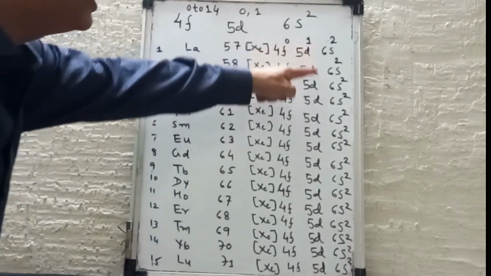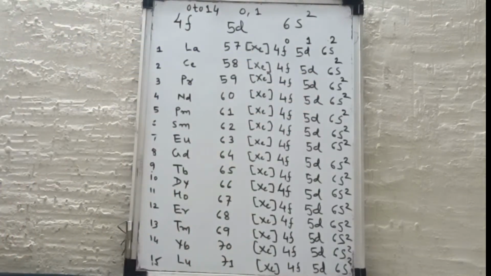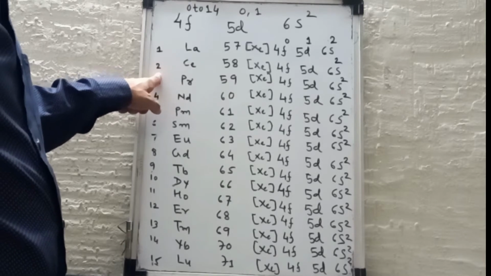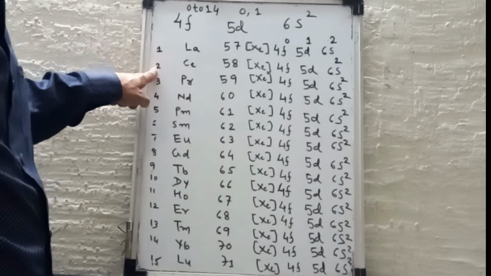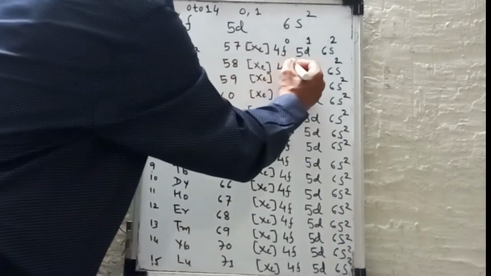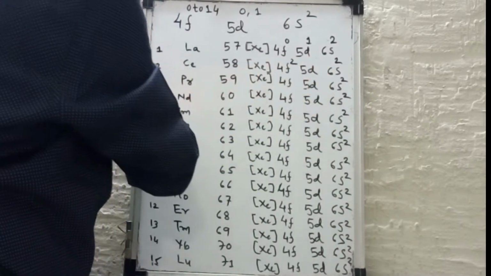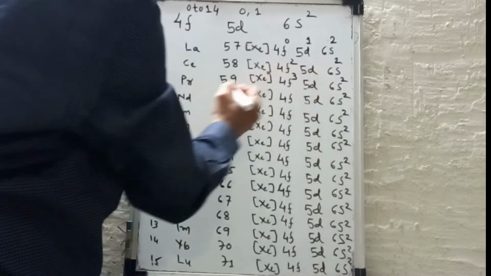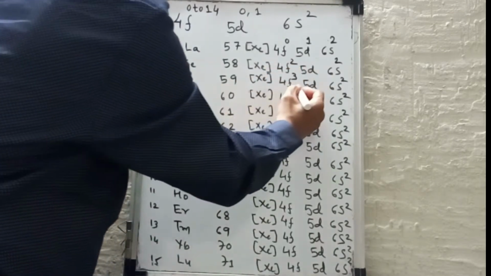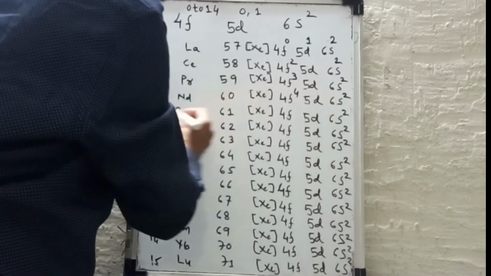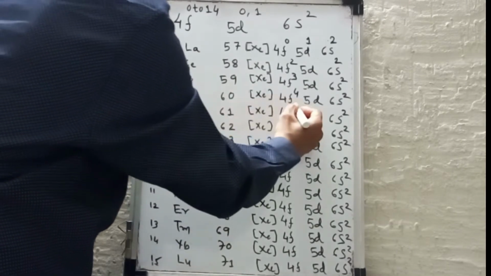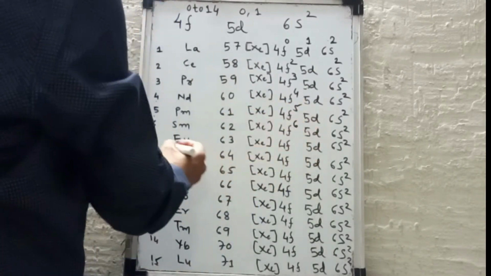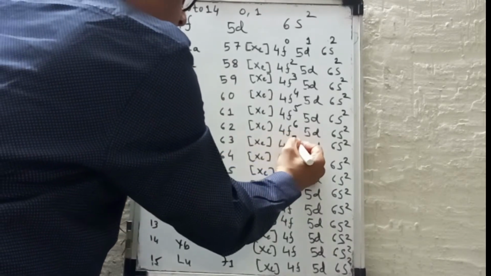After writing 2 electrons in the 6s orbital, we will write 2 electrons. Here the sequence is 2, so we would write 2 electrons in 4f. In the third sequence, we will write 3 electrons in praseodymium, 4 electrons in neodymium, 5 electrons in promethium, 6 electrons in samarium, and 7 electrons in europium.